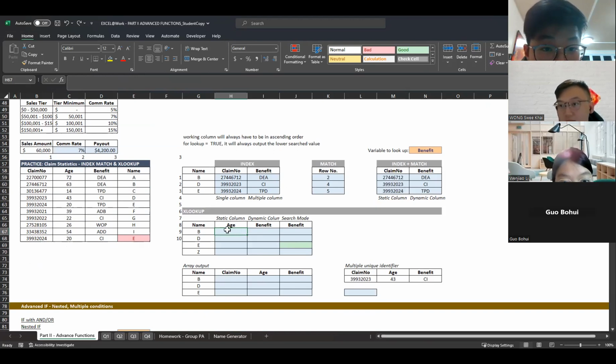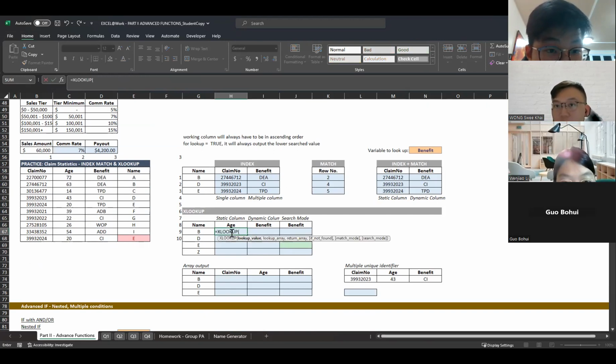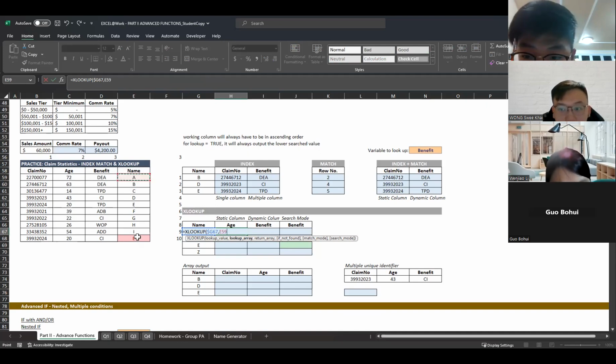Static column again, right? I want to do an XLOOKUP of this particular value. I'm looking for B, okay. And then the lookup array is this array here, right?